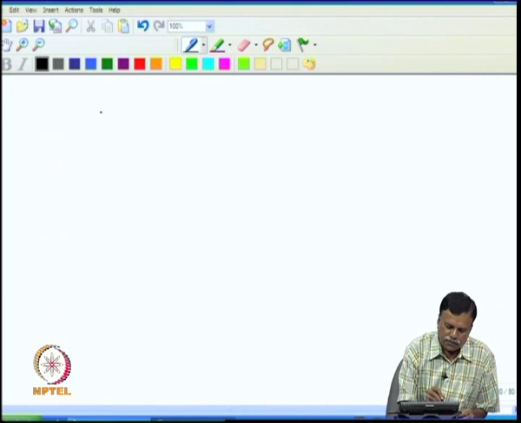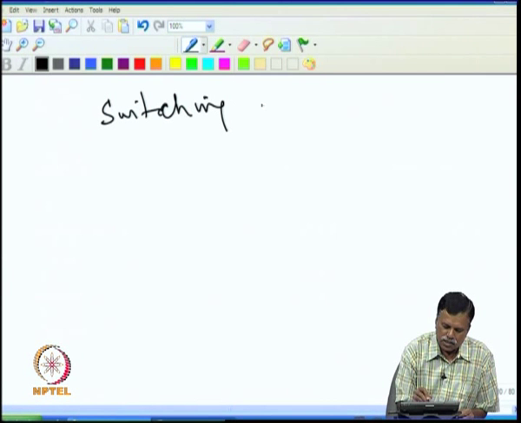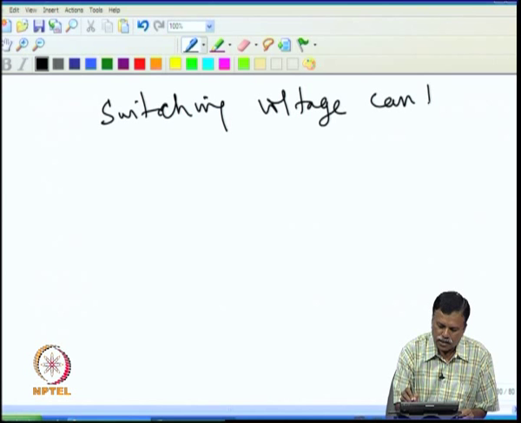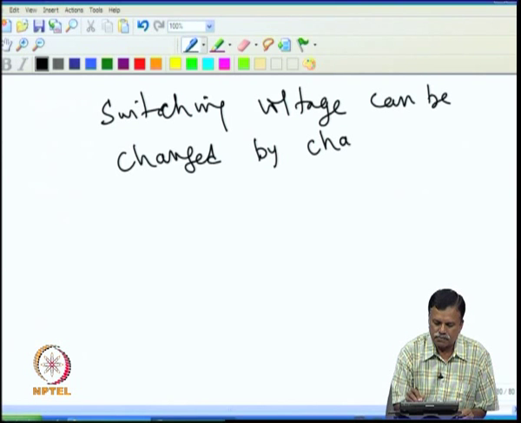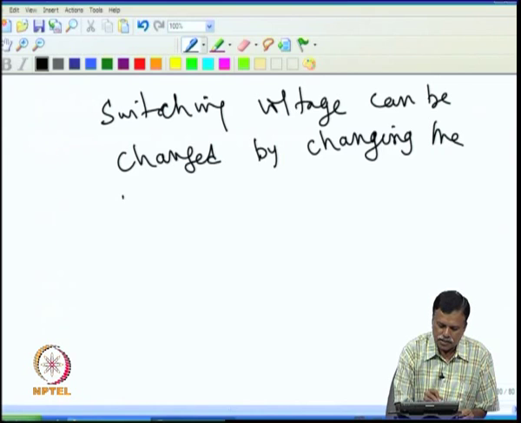Then the second advantage is that the switching voltage can be changed by changing the resistance,